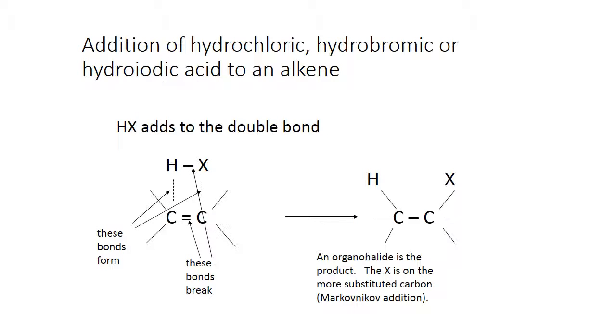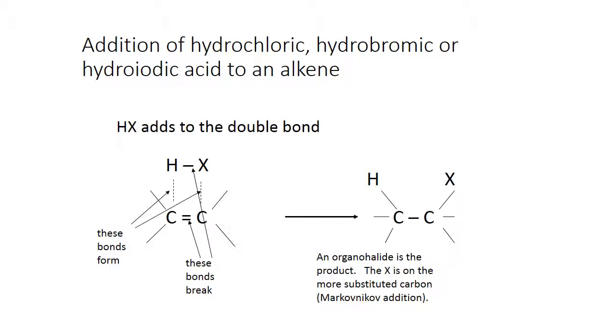So if we were going to add them to an alkene, the simplest way of looking at this is if we put the hydrogen halide above the double bond or below, it doesn't matter, adjacent to it, lined up like this. What will happen is this bond will break and this bond will break, and we get this bond forming and this bond forming. Notice there's a conservation of bonds, because there's conservation of electrons,